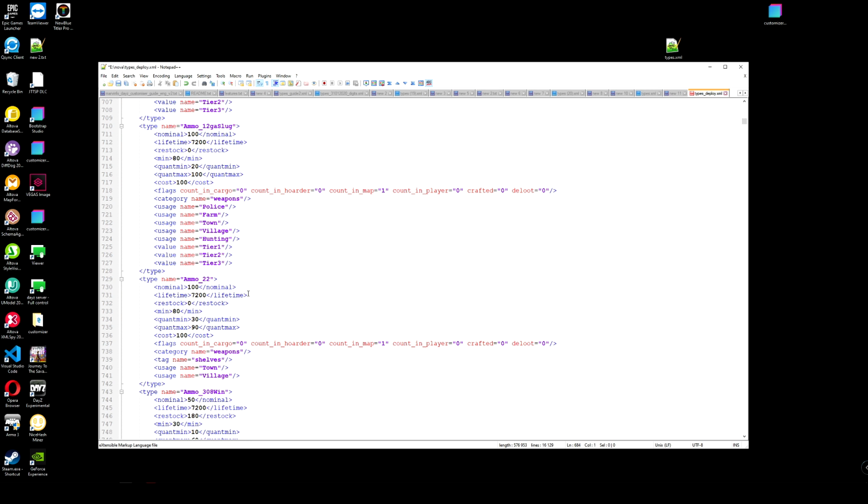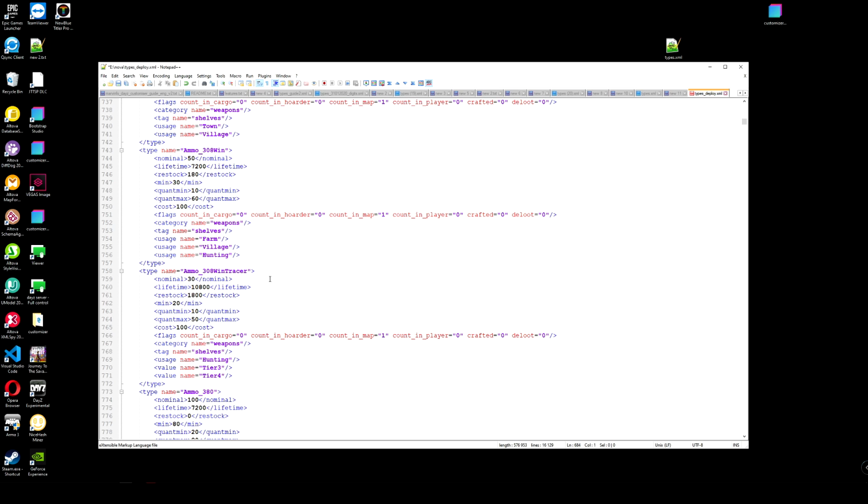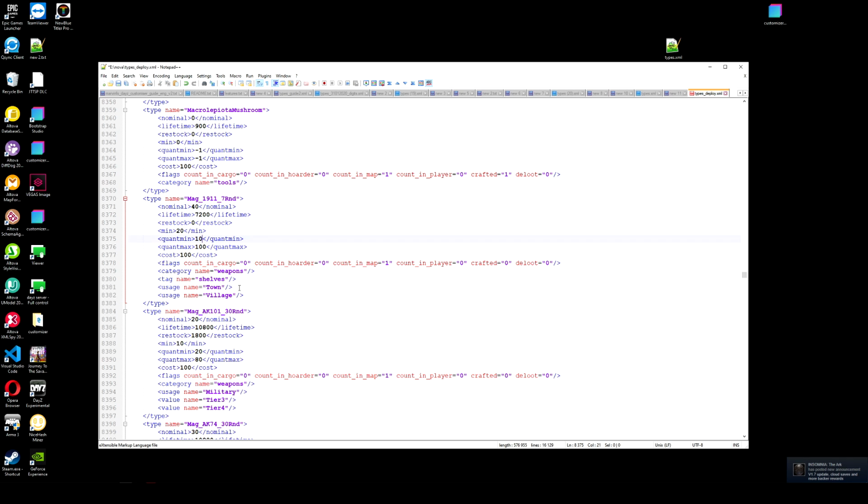For magazines and for ammo stacks, you can specify the exact value which you want. So you can specify 100, it will be always full. So for magazines this also works. If you specify here -1, the magazine will always spawn fully loaded.